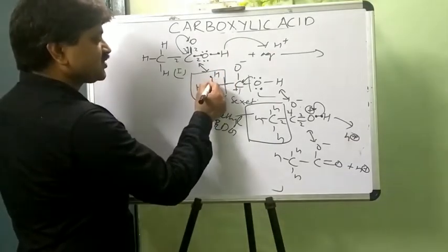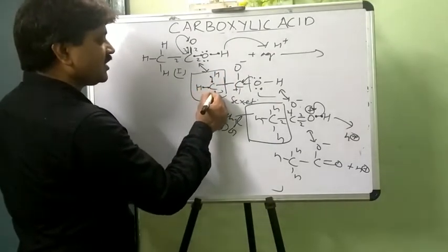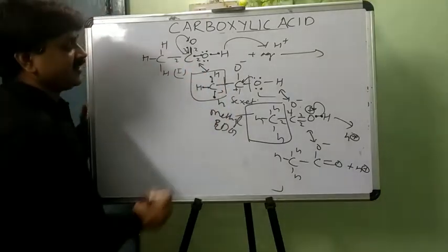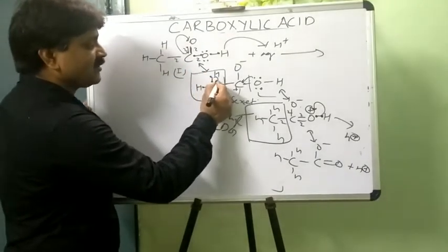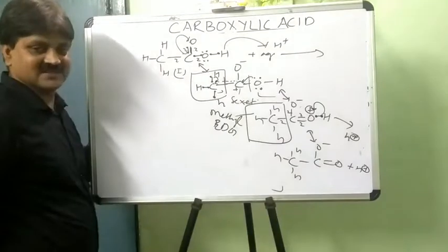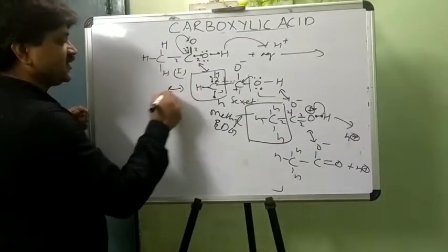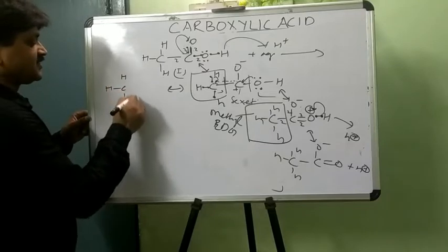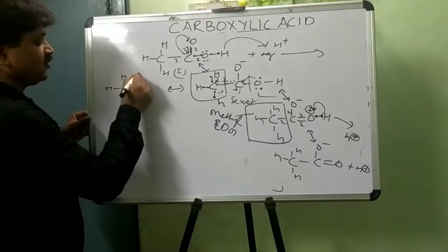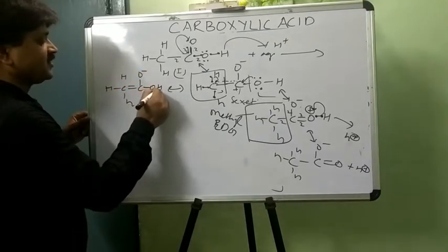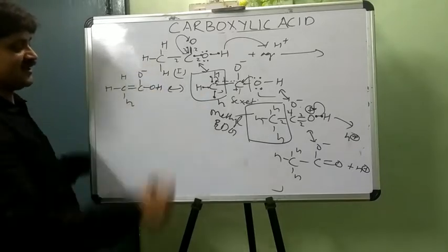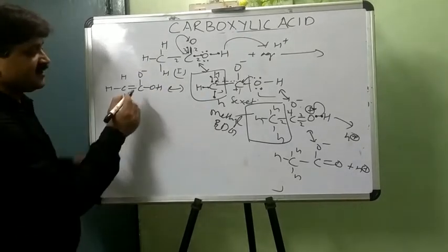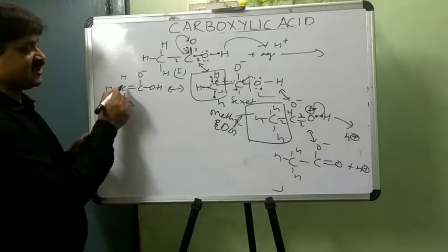This has 3 protons bonded to this carbon. It gets the electron from the hydrogen and provides the electron to the carbon atom. And carbon achieves it in this manner: H, C, H and H. This is double bond C, O minus and OH. There is no need to lose the hydrogen ion from the OH because it demands the electron from this carbon. This is an electron donor group.